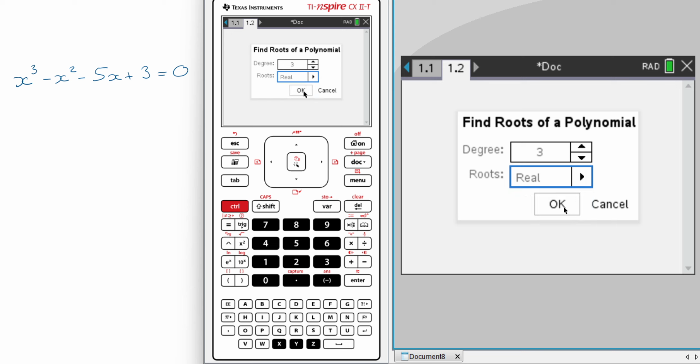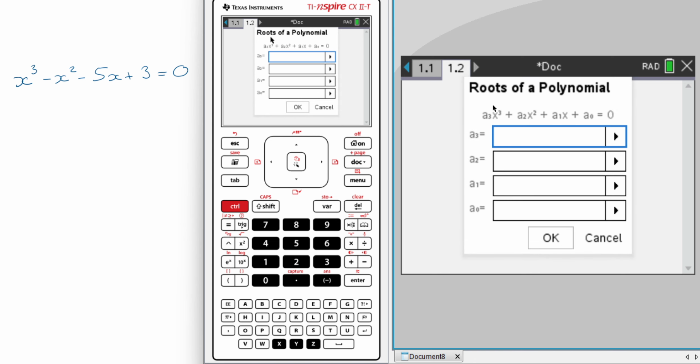that graph. I hit OK and it asks me for the coefficients in front of each of the powers of x. So my coefficient in front of x cubed is 1, in front of x squared in this case is -1, in front of x is -5, and 3 here. And I hit OK. Before I do that, just notice the limitation of this polyroots function is that you have